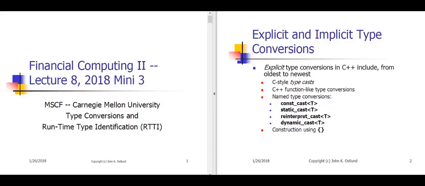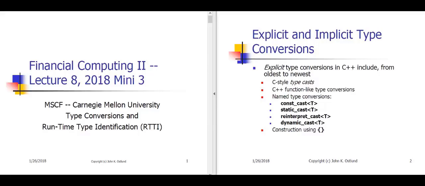We've talked in the past about casts in C-style notation, where you have a data type inside parentheses that you use to convert the data type of some expression. In Lecture 8, we're going to take a deeper look at type conversion methods in C++, and we're also going to take a look at what's called runtime type identification, which has to do with figuring out on the fly what actual derived kind of object, a pointer or a reference to a base class object, is really pointing to